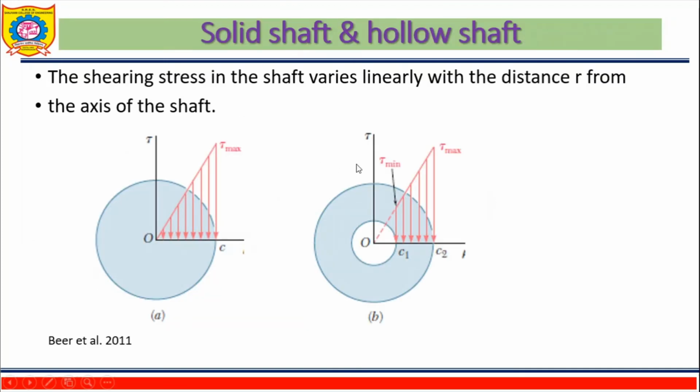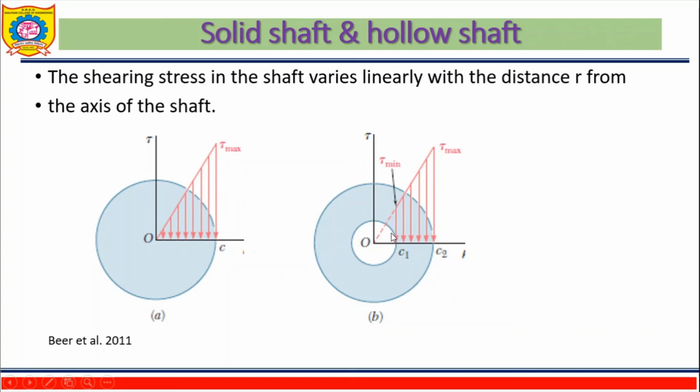So now this is the shear stress distribution of the shaft. When you see that this is a solid shaft, at the center the value of the shear stress is 0 because at this point the value of R is 0. So due to that the shear stress will become 0. When you go on increasing the value of R up to the outer diameter, the shear stress value will go on increasing. And the second one is for the hollow shaft.